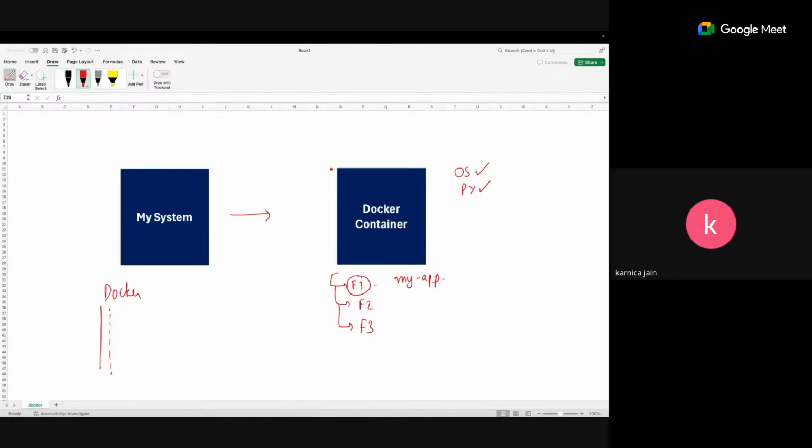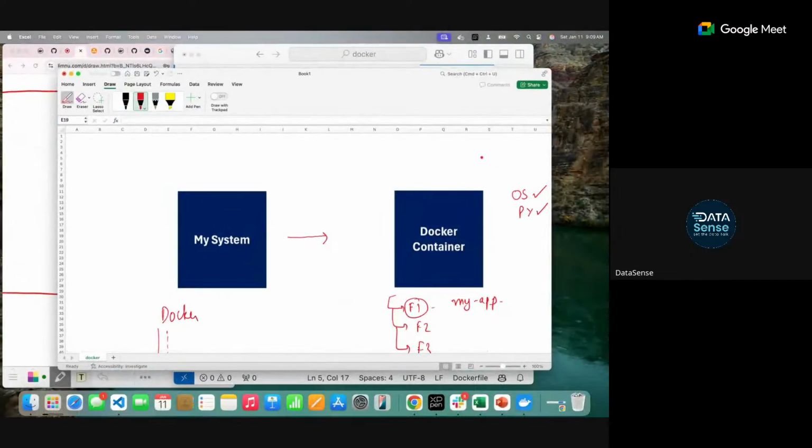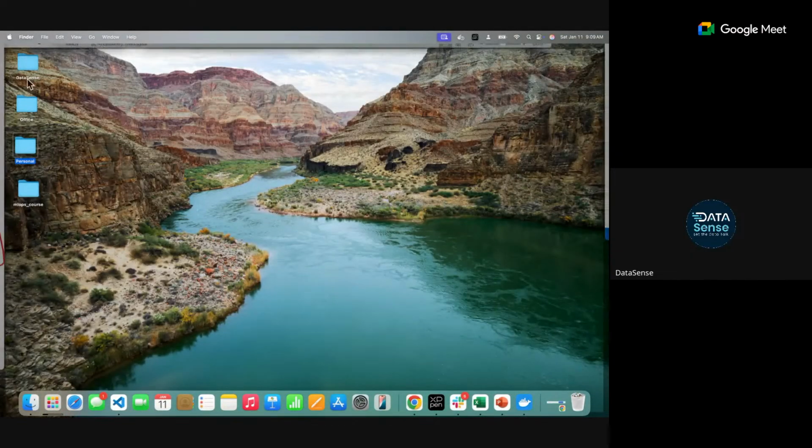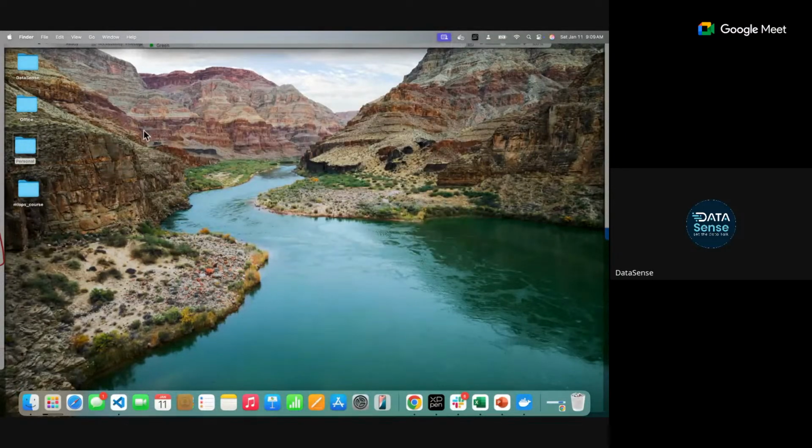Yes. Now, what I told, Docker image or container, they are also computers. So there will be a proper folder structure, just like in my system there is a proper folder structure, right? For example, if you come to my desktop, I have these 4 folders. I have placed that thing in a particular folder only. Just like this, in Docker, you want to put things in a particular folder because you can put multiple applications there, right? In a particular Docker. So what you can do, you'll create a folder for this application.